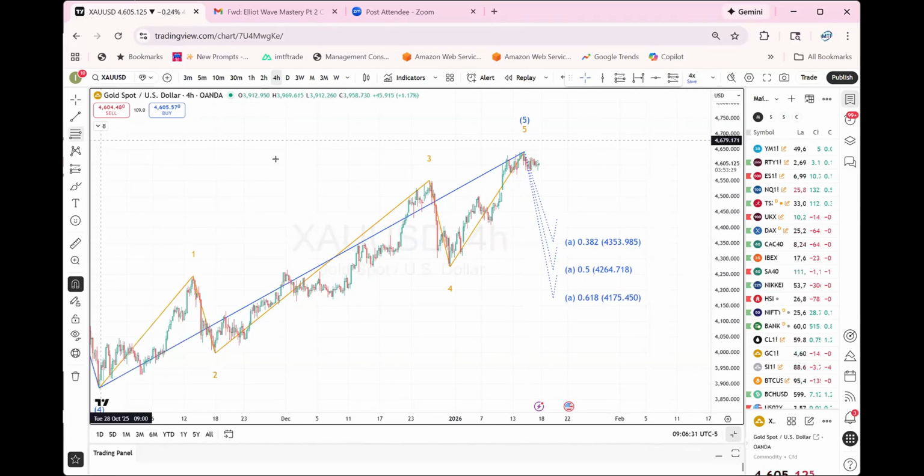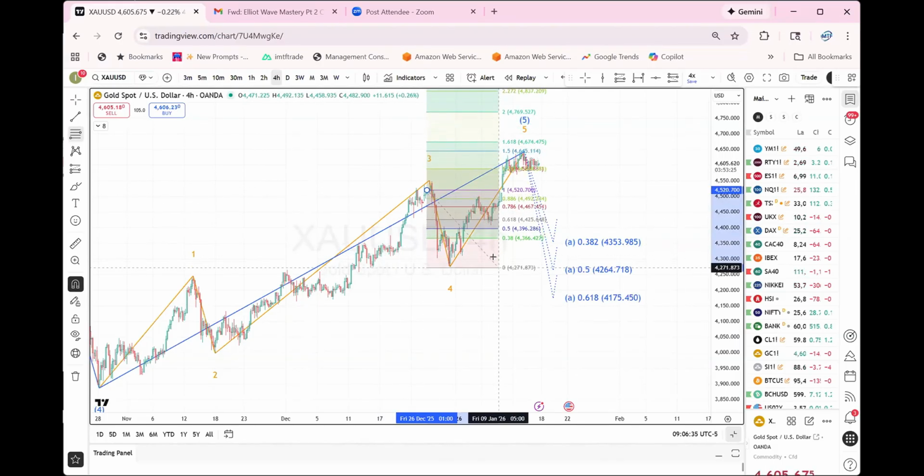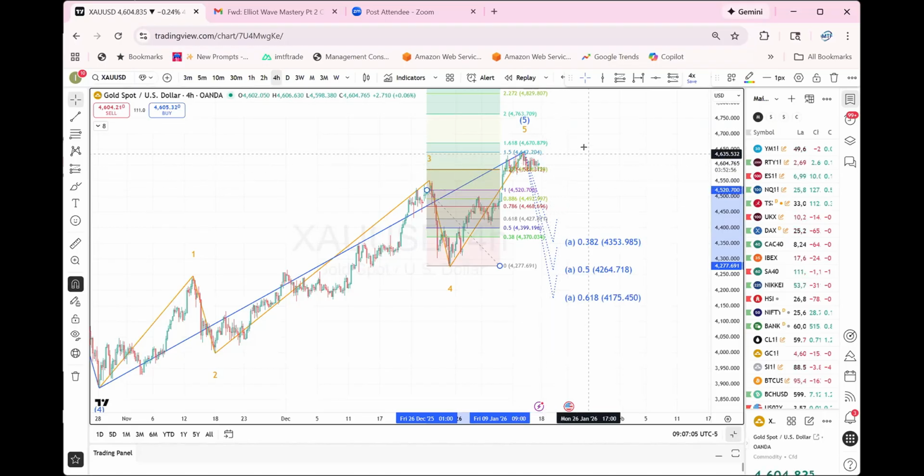Let's see if this is really going to be a reversal or not. And all you have to do is come down here and draw the levels here, and you could see that it's at the 150%. So there's no way at all this is going to reverse right now. If it stopped at 127%, which is right here, and then started going down, then I could understand gold now reversing on a 4 hour. But since it broke that and went to the 150%, this thing's going to consolidate or keep on going up.